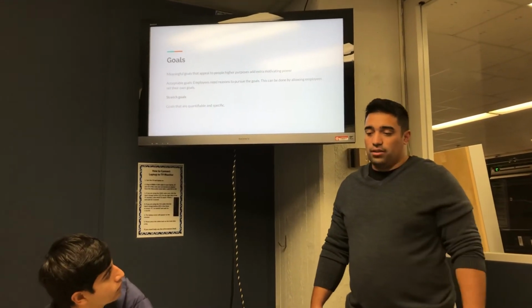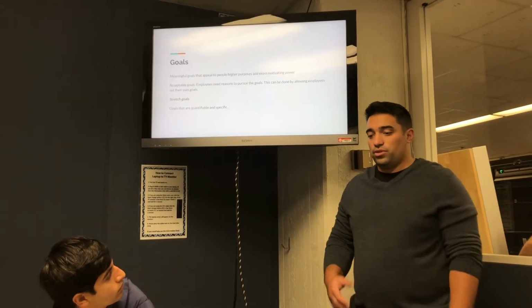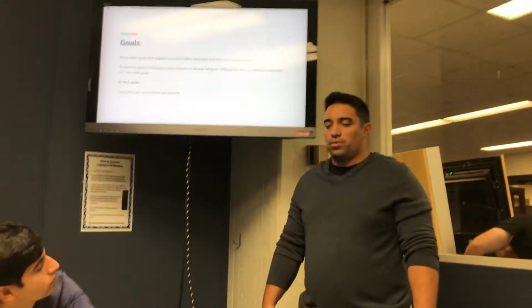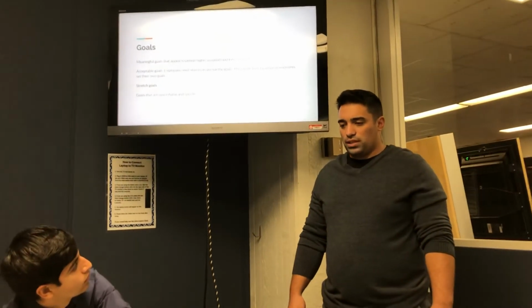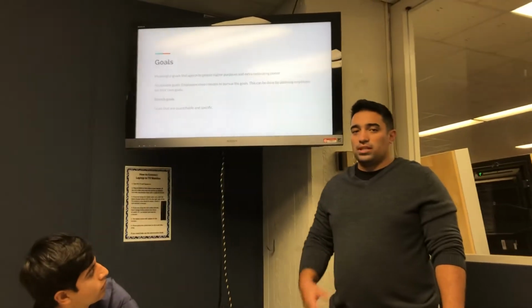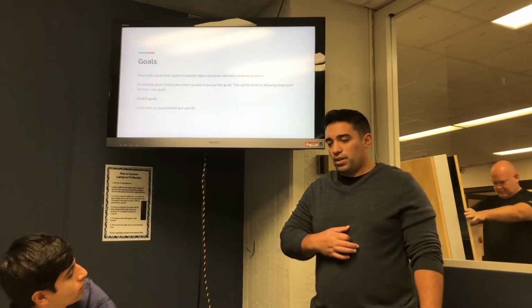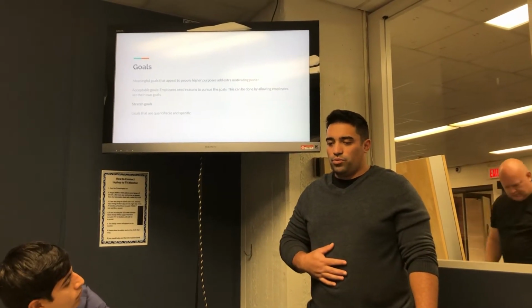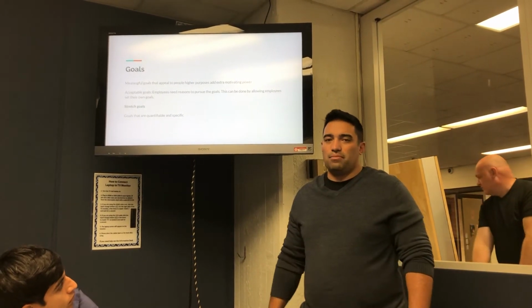Goals, not only in the workplace, but I hope we've all had experience of goals in life and maybe had the feeling of achieving some of the goals we set, because that is essentially how we stay motivated and set higher goals as well. And so one of the first points that you want to do in a company is you want to set meaningful goals.